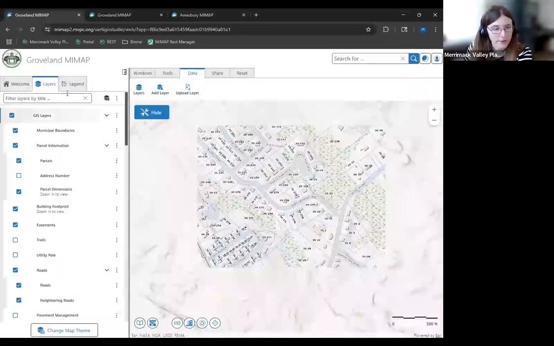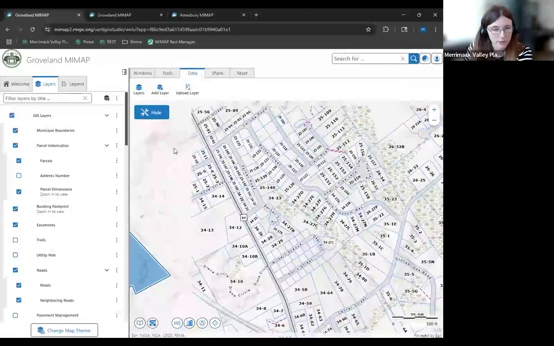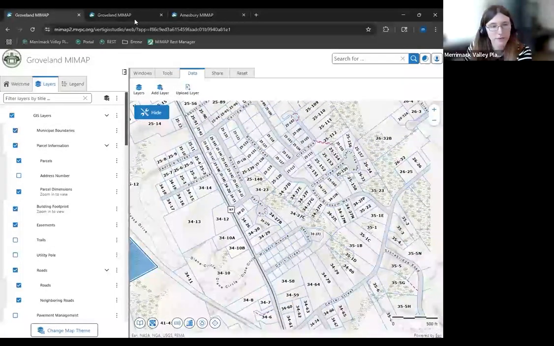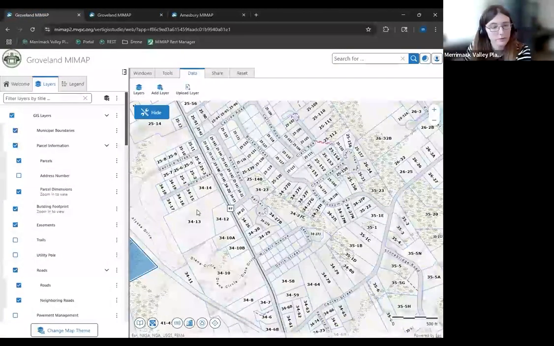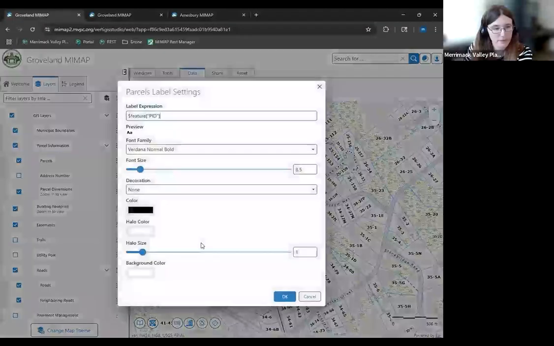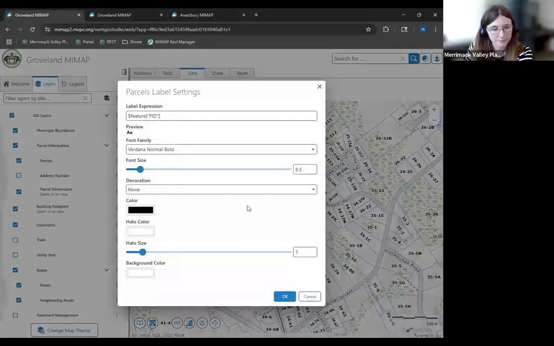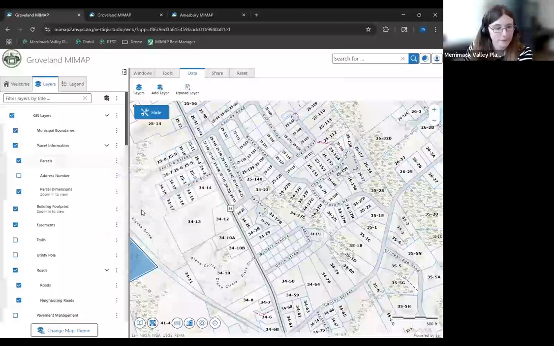And while we have the layers panel open now, I'll go into this a little more in depth. So you may notice in here all of the labels on the parcels are visible. In old MyMap, for some communities, not so much for Groveland, we had individual parcel labels that you could turn on and off. But now you can actually turn off labels by clicking the little kebab menu here and then hitting hide layer labels. You can also change some of the settings, what they look like, what they're labeled by, which is kind of fun and interesting. A bit more customization for you. You can also just straight up hide it like that.